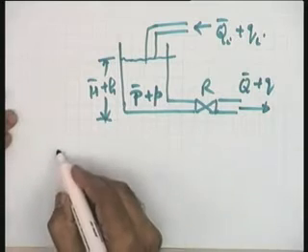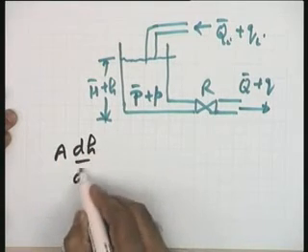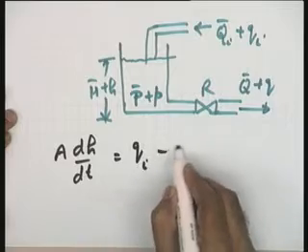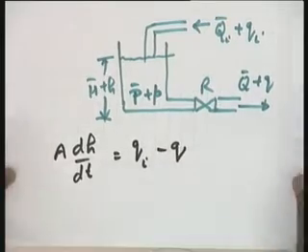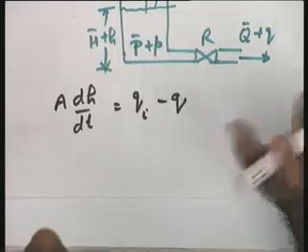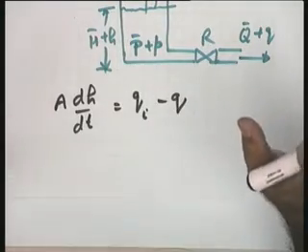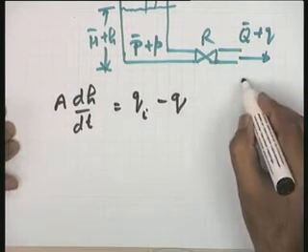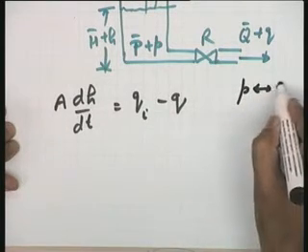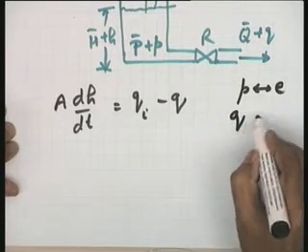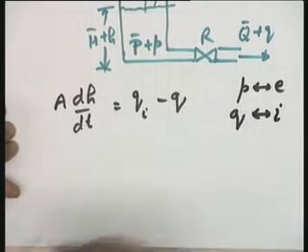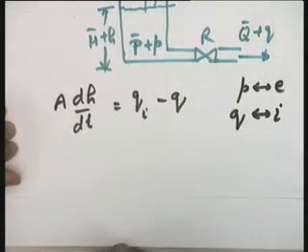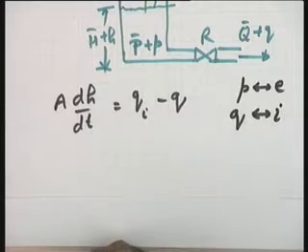You recall the equation we had written: A dh by dt equals qi minus q. I need your attention now to transform this equation to a suitable form where electrical analogues should become clear, and surely you can help me. Keep the electrical analogues in mind. I have taken pressure as analogous to voltage E. I have taken flow as analogous to current I. This is what I have taken: pressure as analogous to voltage E and flow as analogous to current I. That is why the equation using hydraulic resistance as one of the parameters was written.